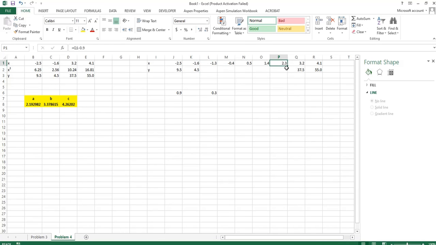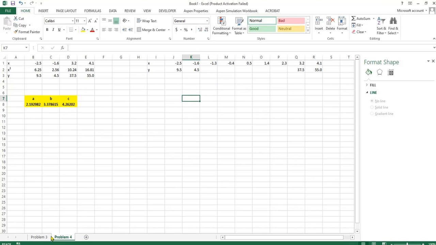Now using this derived equation here, I can calculate the estimated value here. Let me delete this. I can calculate the estimated value here. What will I do to do that? How to calculate this, having known that y